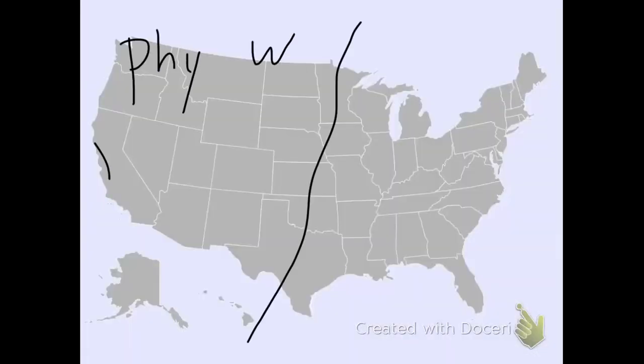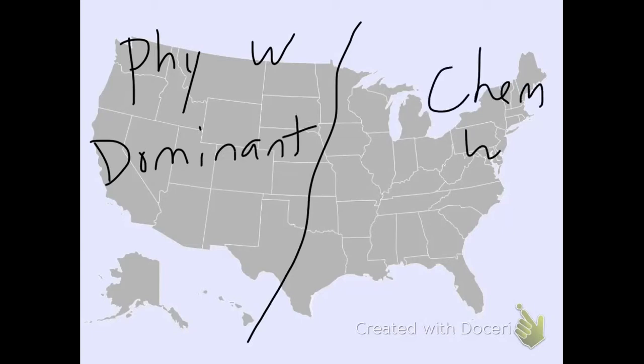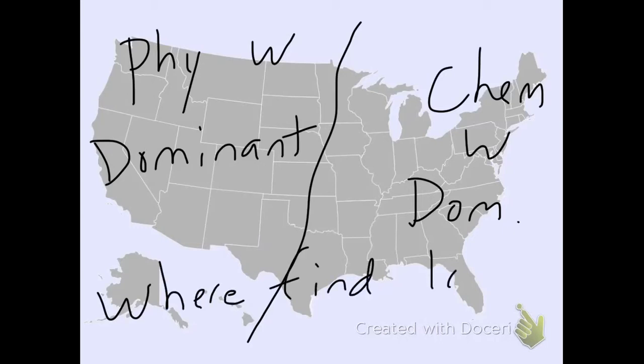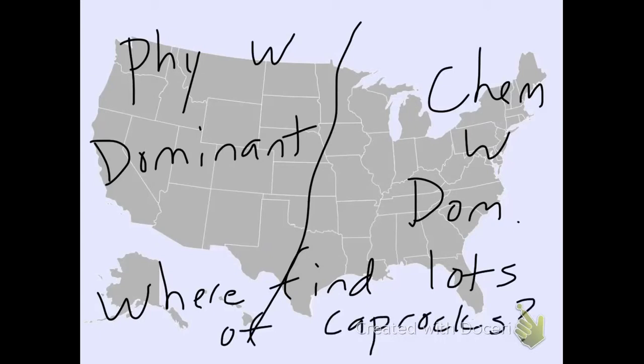So back to our USA map, we have physical weathering dominant over here in the west, and we have chemical weathering that's dominant in the east. So the question is, where are you likely to find lots of cap rocks? Where are you going to find lots of cap rocks? And over here in the west, you're going to find tons of places where you're going to find lots of